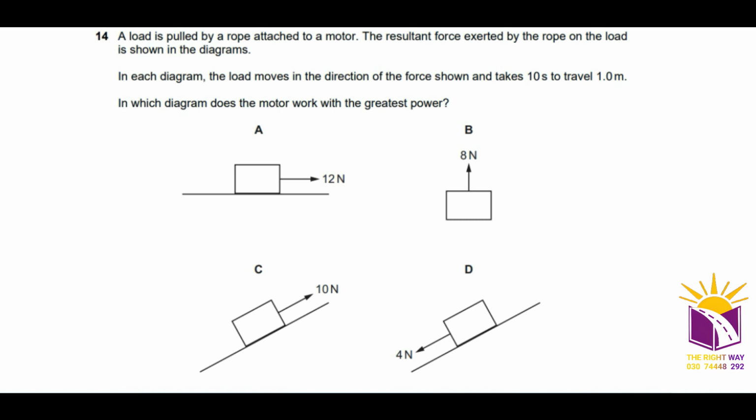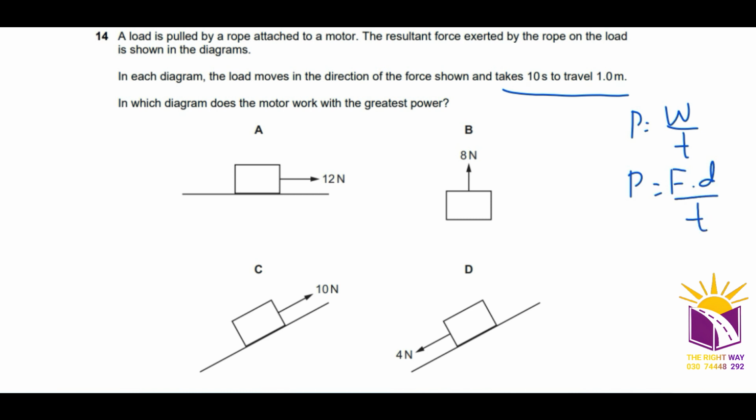Question number 14. A load is pulled by a rope attached to a motor. The resultant force by the rope on the load is shown in the diagrams. In each diagram, the load moves in the direction of the force shown and takes 10 seconds to travel 1 meter. In which diagram does the motor work with the greatest power? Power is equal to work done over time, or power is equal to force into displacement divided by